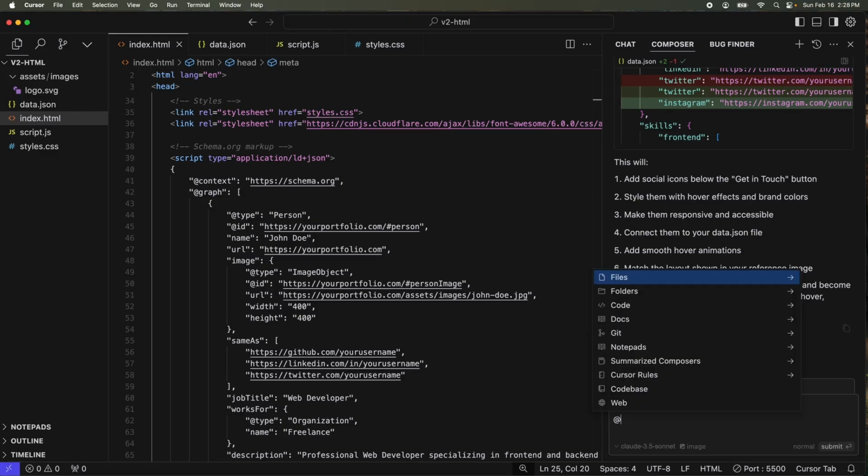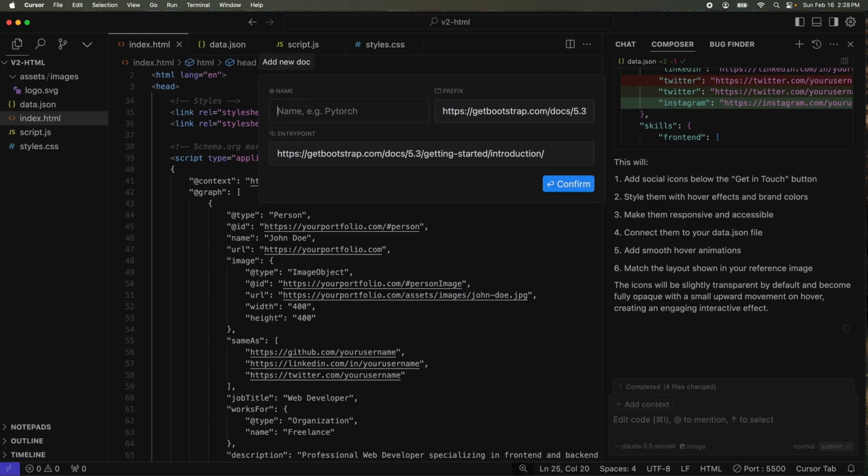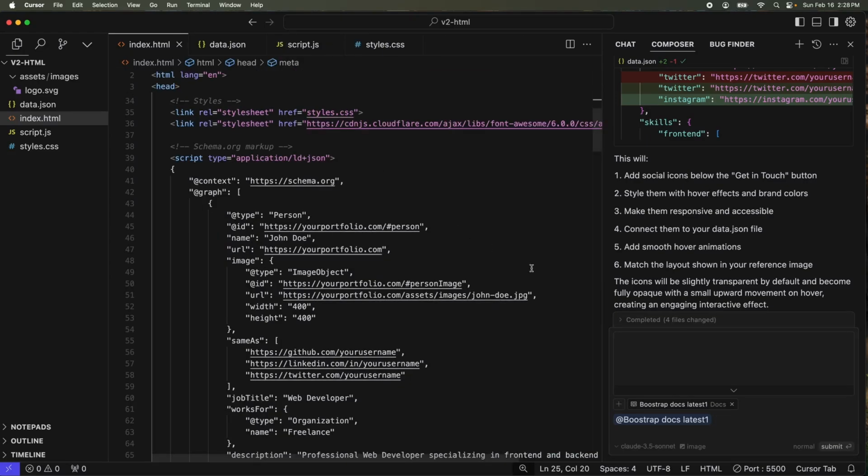So I would prefer this. We put at, give the documentation, say add a new doc, give the URL. And then also I would say this is my Bootstrap docs latest one, and then say enter. Now what it will do is it will refer all this documentation on that page, and I would say refer this doc and implement in current code base,